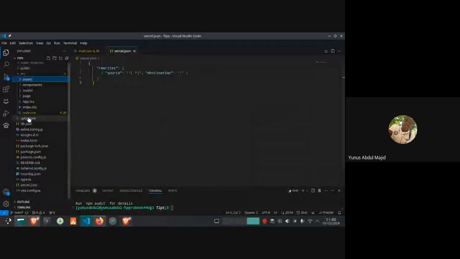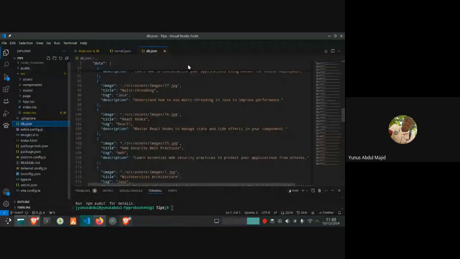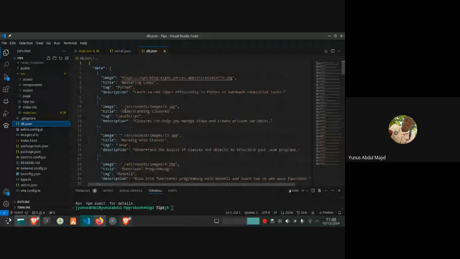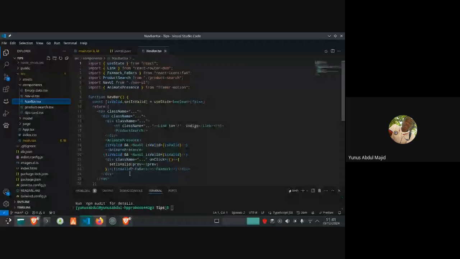And the database for all the tips that I wrote: the description, tags, title, the image tag. This is the actual page. This is the number, and you can see this is